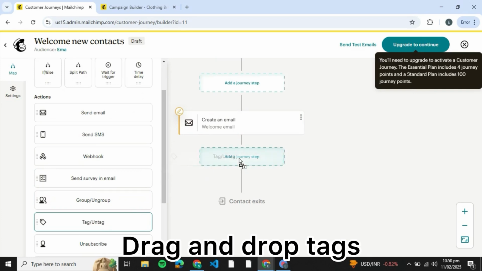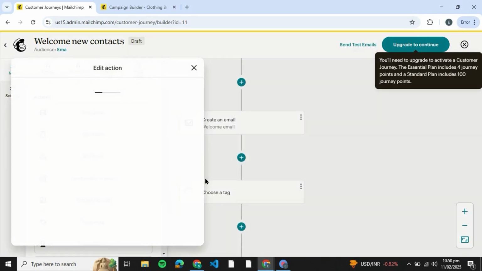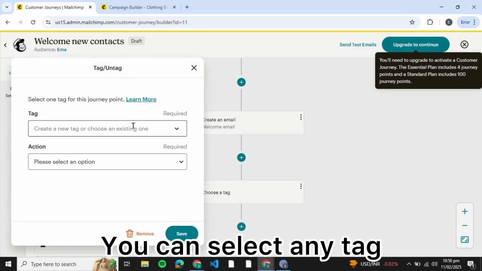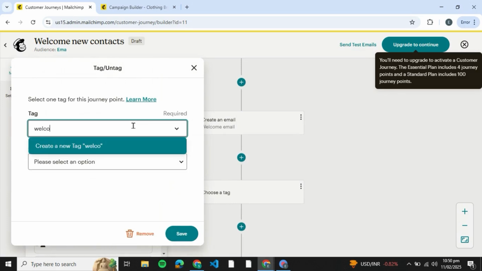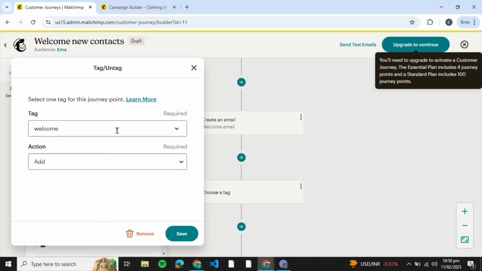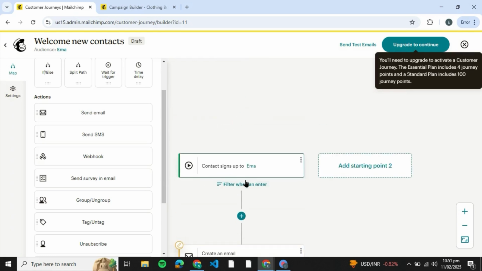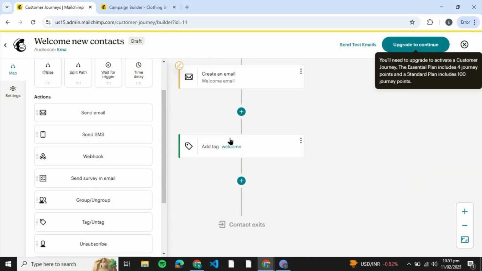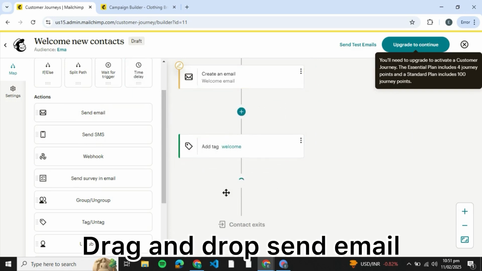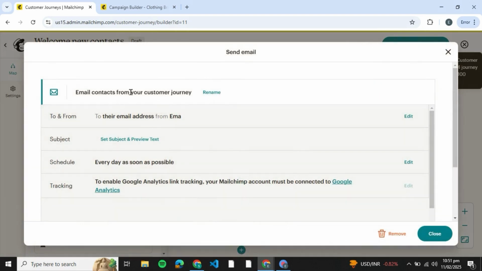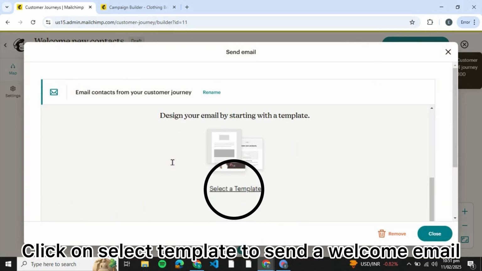Now I'm drag and dropping this tag, and what this tag will do is that whenever a person signs up, it will set a welcome tag on them. So I'm just going to create a new welcome tag which will be set on the specific person. Now after the tag has been set on that person, the next step I have to add is a time delay, or you can send an email, so that when this tag is added, I want them to have an email